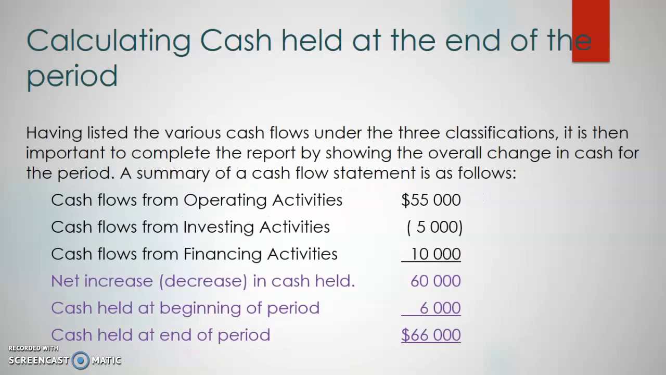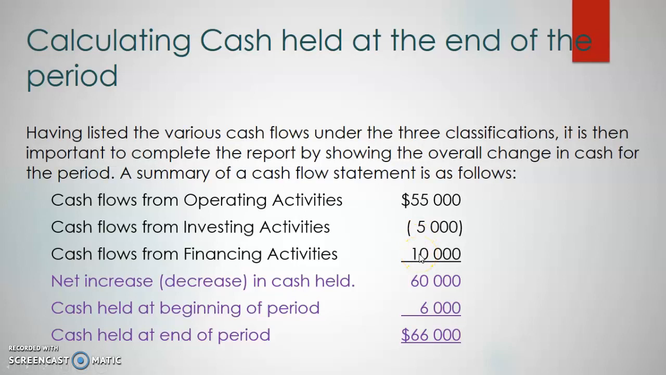Now let's look at what it looks like. Once you do the operating activities, it is $55,000. From investing activities, you've got negative $5,000. From financing activities, you've got positive $10,000. After calculating all of these three activities, for the balance you will write net increase or decrease in cash held. This is not in brackets, so this tells me that it is an increase. What I'm doing here is $55,000 minus $5,000, which is $50,000, and then adding $10,000,